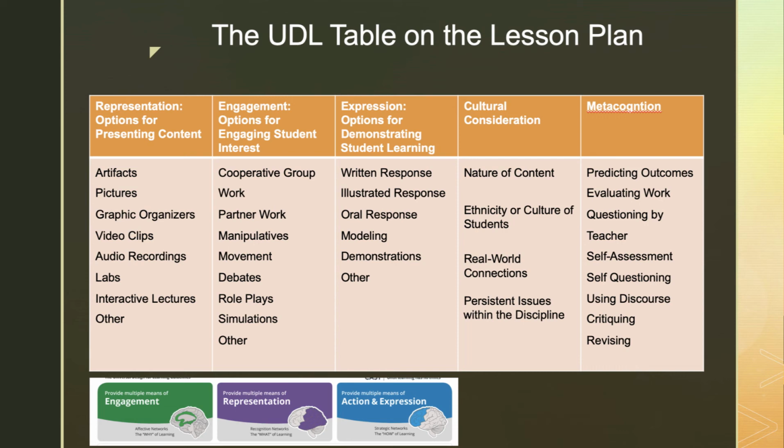On your plan, you will check off the options on the lists for representation, engagement, and expression. If you've checked off multiple options in each column, that's a good sign that you're using UDL. For instance, in a chemistry class, if you have students watch a video clip about the structure of an atom, which includes illustrations, you might also show them some 3-dimensional models of those atoms. If students read about certain chemical reactions, for instance, you might demonstrate those chemical reactions in class or show them a video of those chemical reactions.